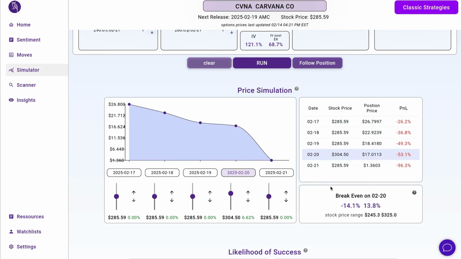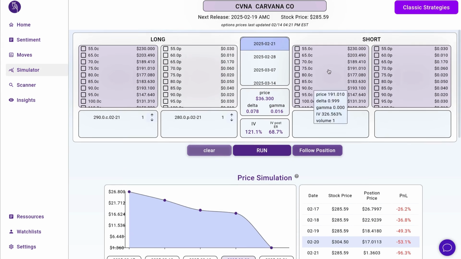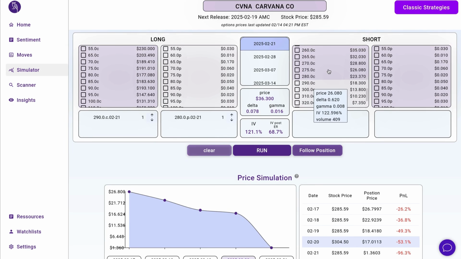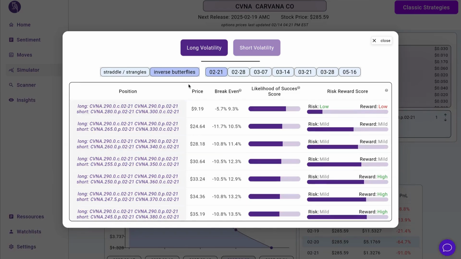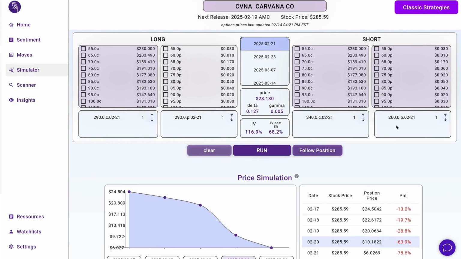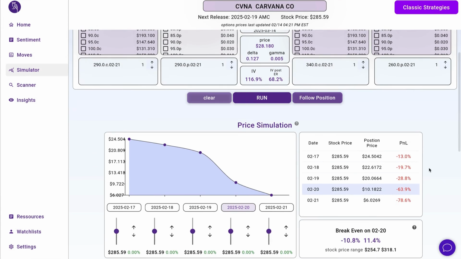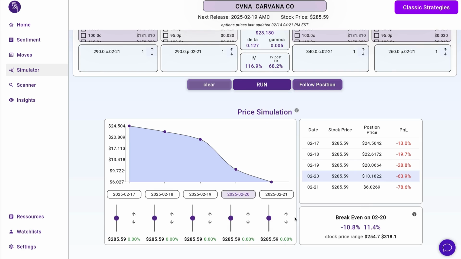Now, as we mentioned in the beginning of the video, we like here to simulate a more conservative approach. A more conservative approach would be to transform our position into what we call inverse condors. Let's browse the inverse butterfly list that is automatically set up for more centered positions. For example, we find here the 290, but selling the 340 call and the 260 put. Directly we see that the max loss for that 0% is reduced already. This is because we are selling, as we noted in the beginning, these out of the money legs.